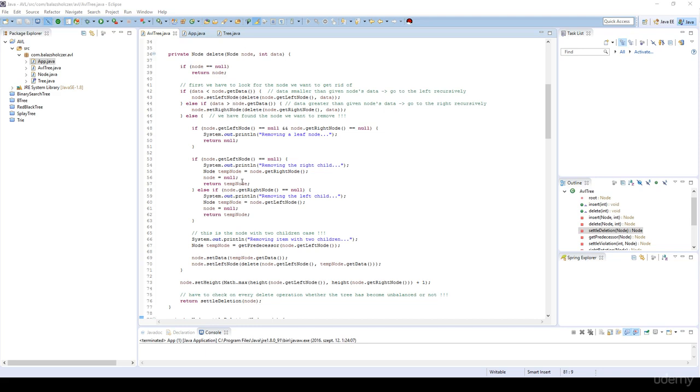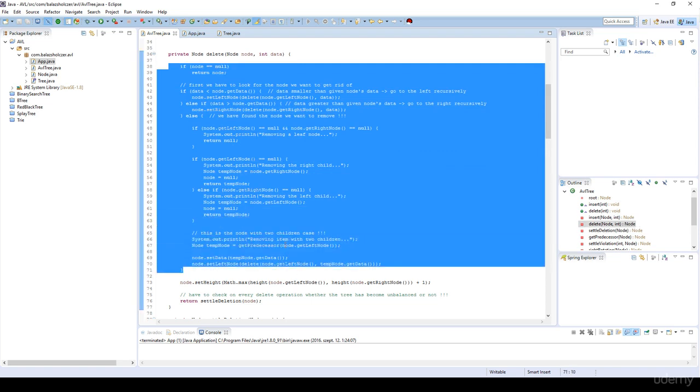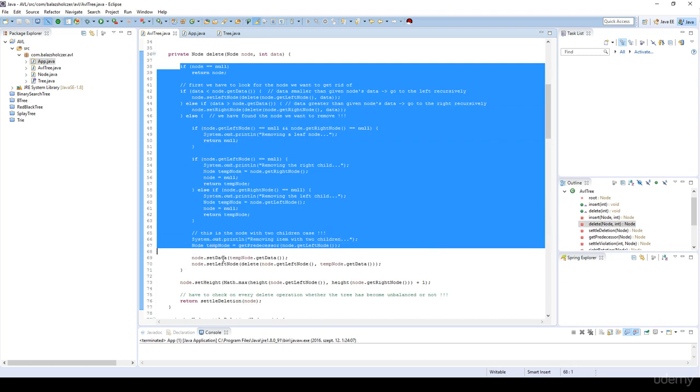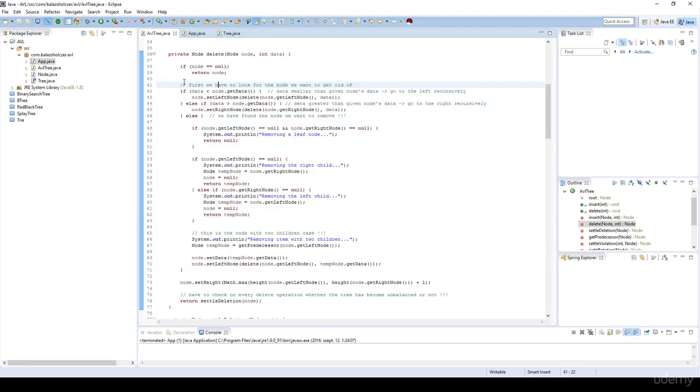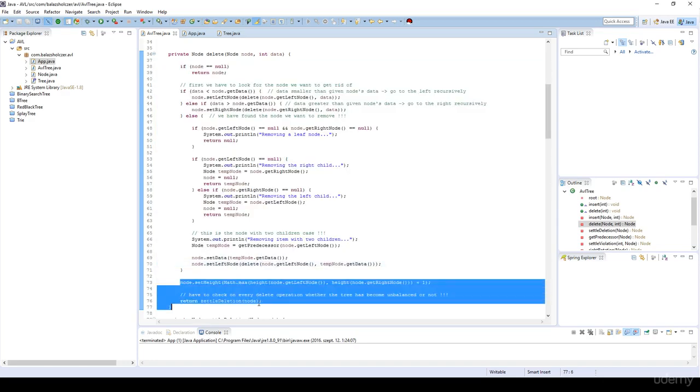Hi. So what about the delete operation as far as the AVL tree is concerned? I'm not going to implement it from scratch because this part is exactly the same as we have seen for the binary search tree remove operation, and that part we have implemented from scratch. This is exactly what we have been talking about in the theoretical section in the previous lecture, that we have to do two things. First, we have to make a simple binary search tree remove, and after that, we have